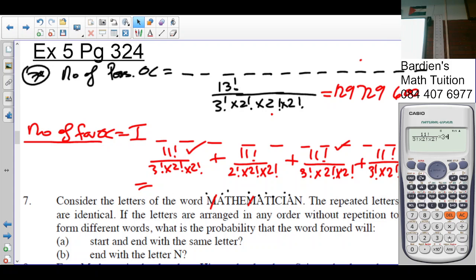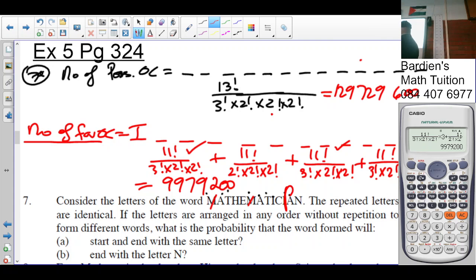Plus you've got 11 factorial over 2 factorial times 2 factorial times 2 factorial. That gives us 9,979,200. So to calculate the probability, it is the number of favorable outcomes, which is 9,979,200,